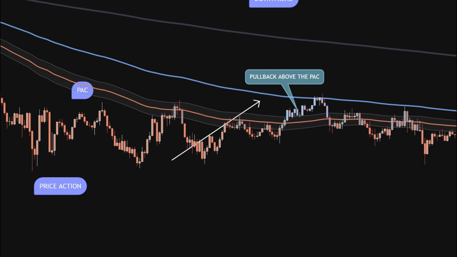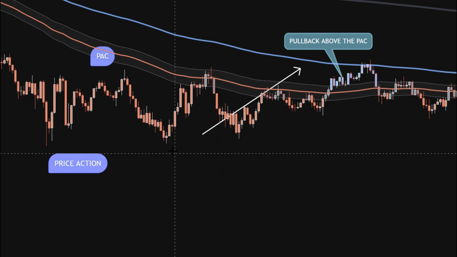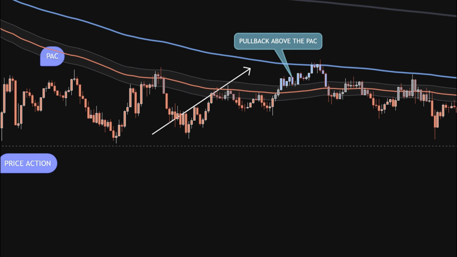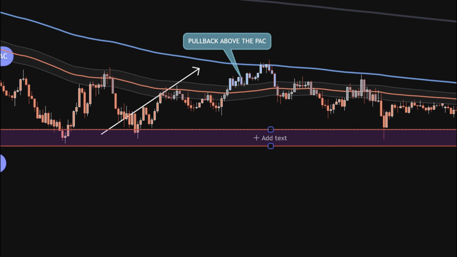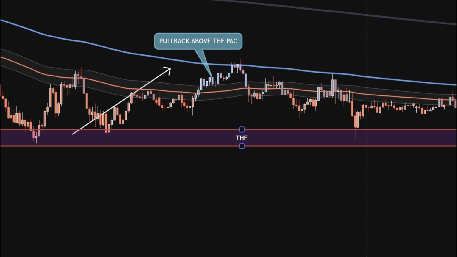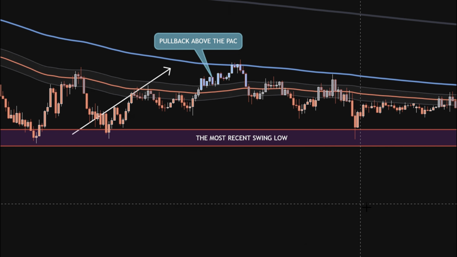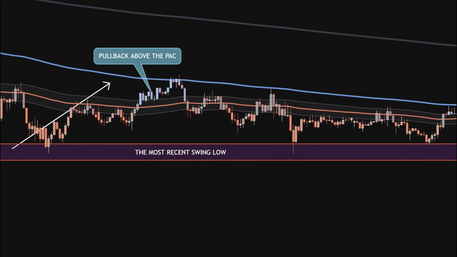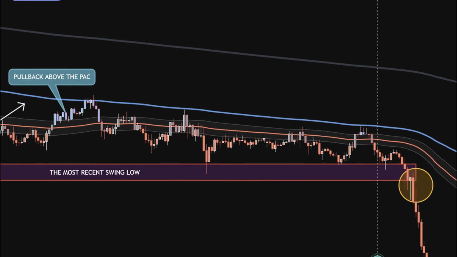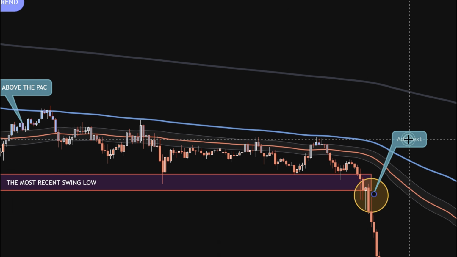Find the most recent support level. That's the most recent swing low before the pullback. If price comes back below that pack and also breaks below the support level, you've got